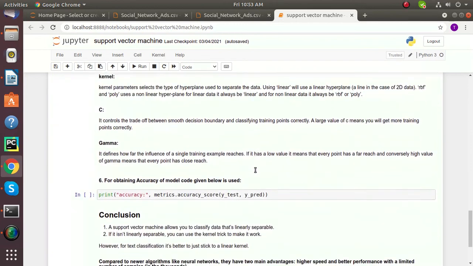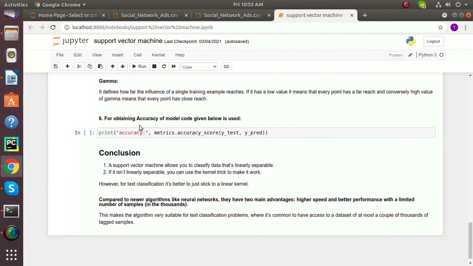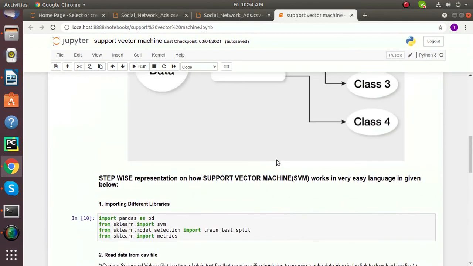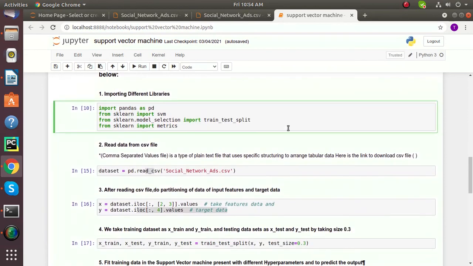Gamma should be 1. For obtaining the accuracy of the model, we use the score to check how accurate our model is. That's it. You can try this code on your own to learn SVM, and you can contact